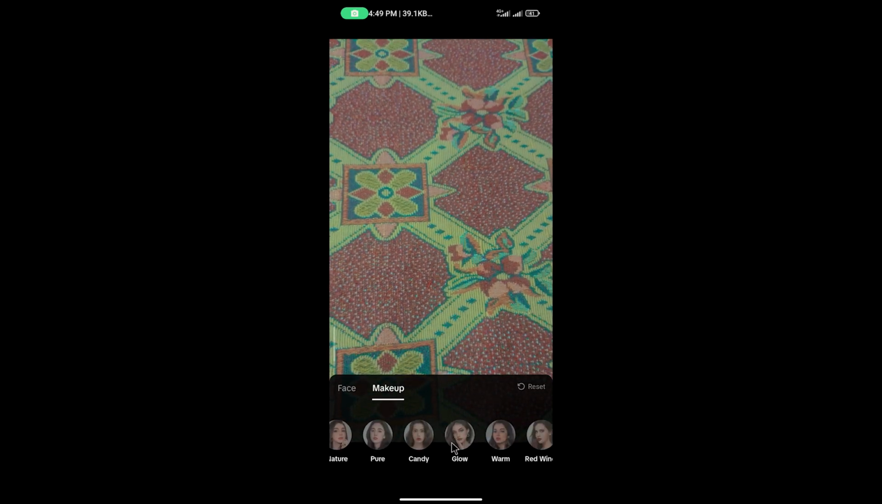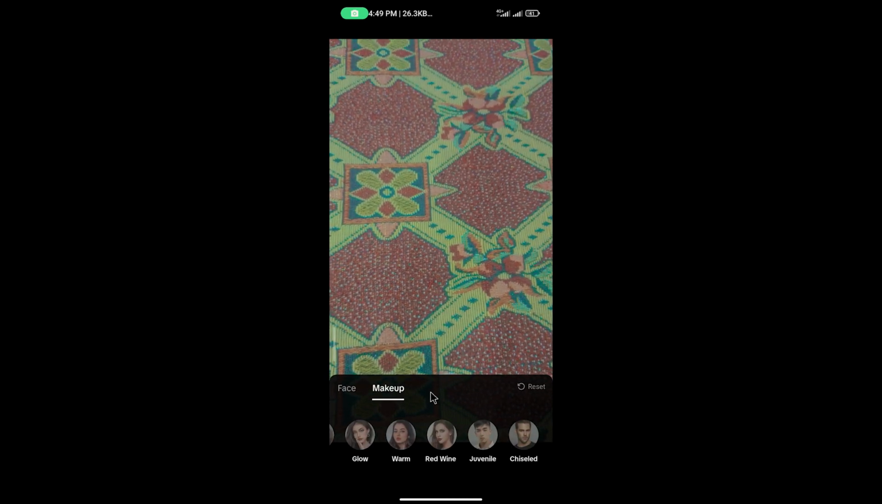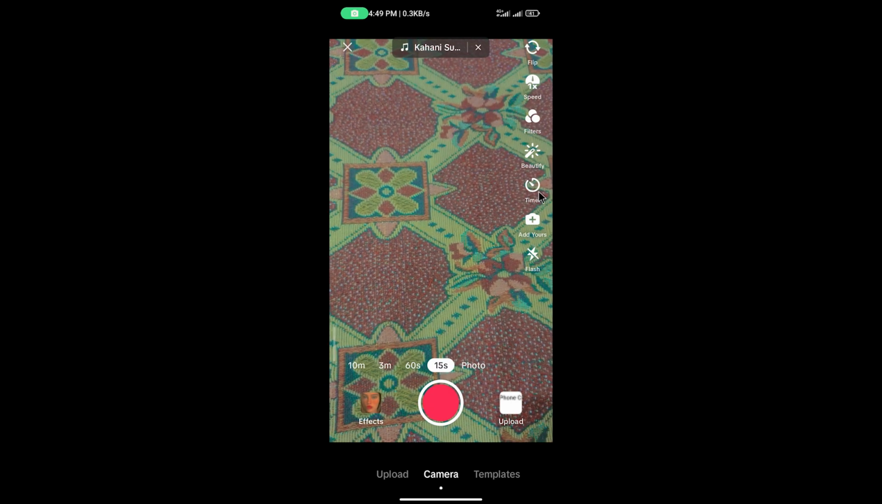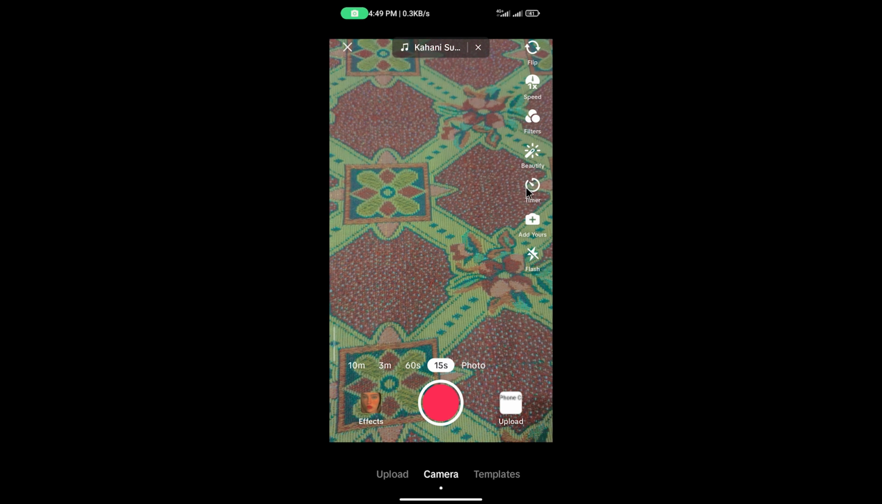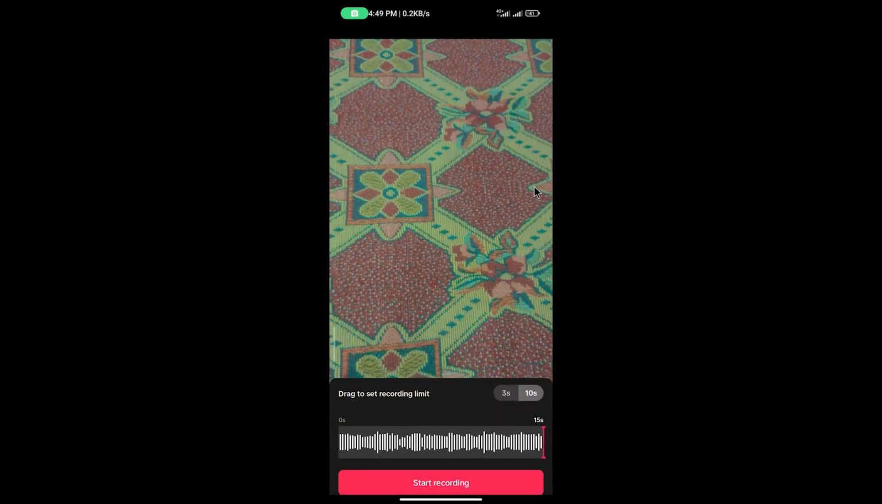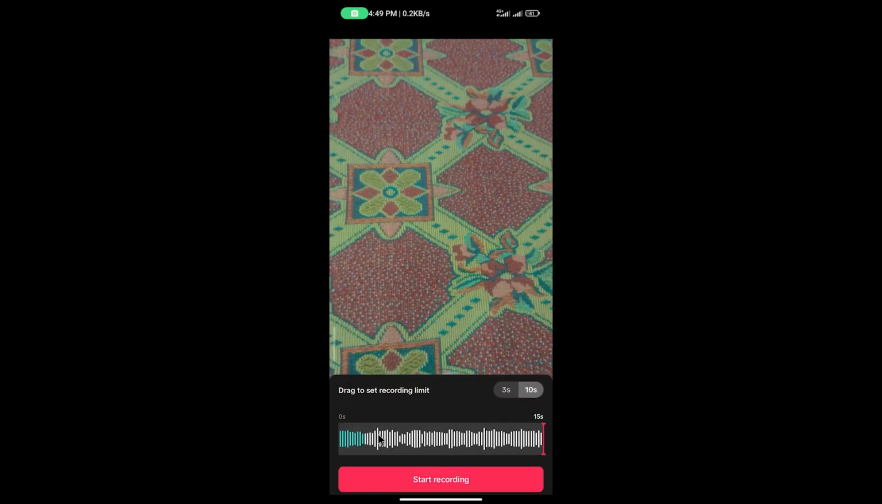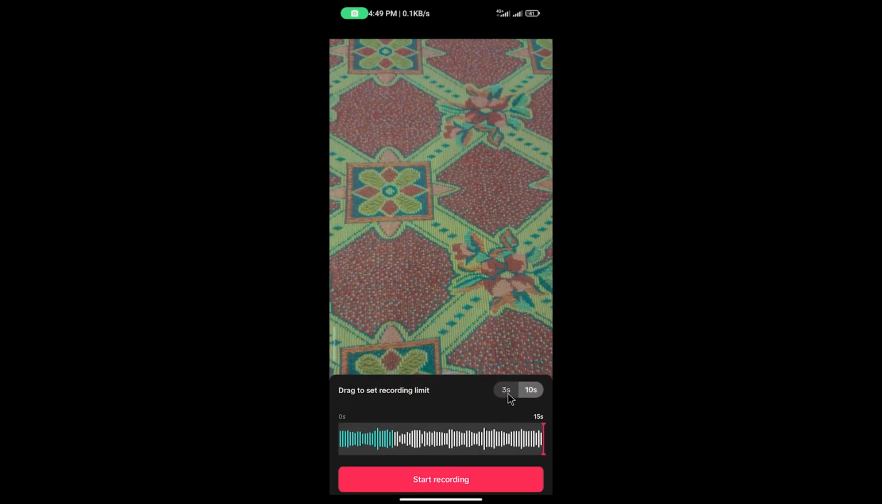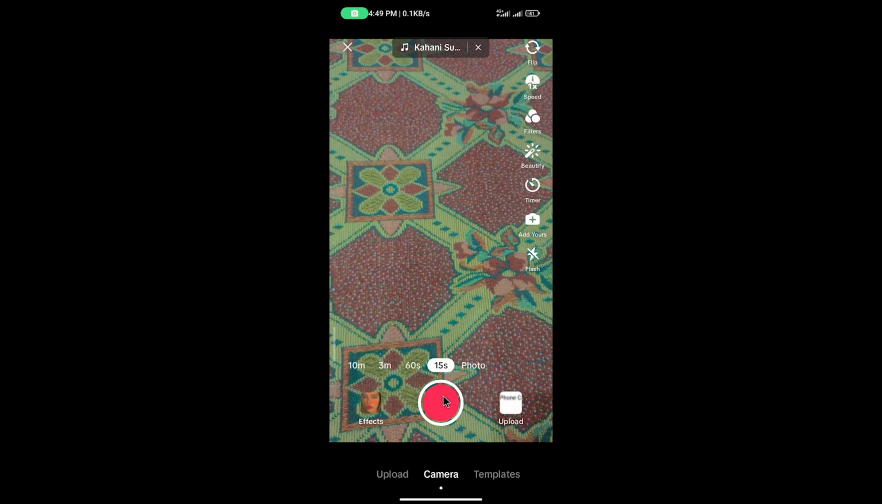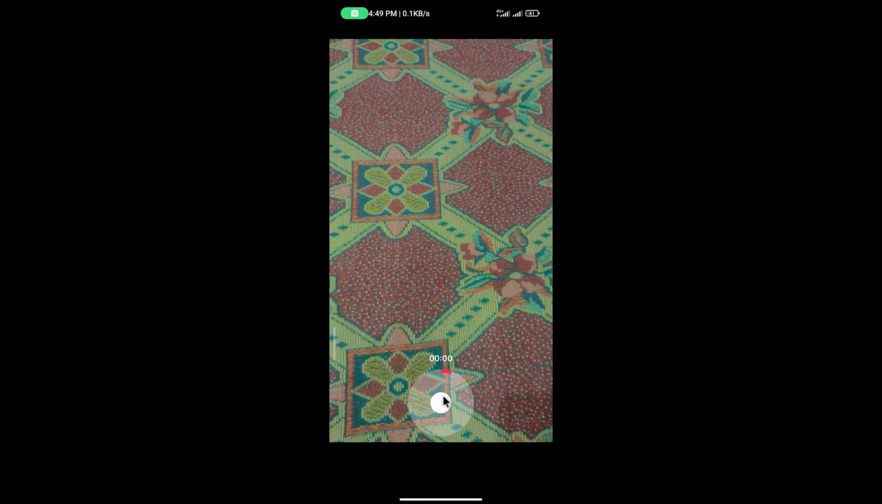So here are the makeup filters. Select one of these from here. Then you can also put a timer on your video, and after that time your video will end by itself. You don't need to end it by yourself. When you tap on timer, as you see, here is the record limit. Want to record for 3 seconds or for 10 seconds? It's up to you. After recording the video, like I am recording,